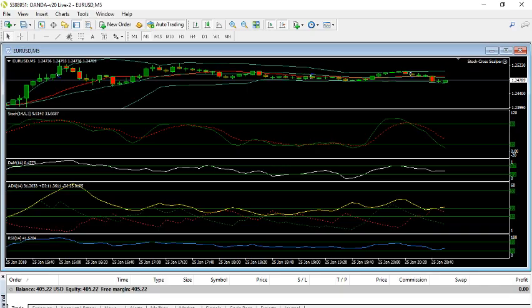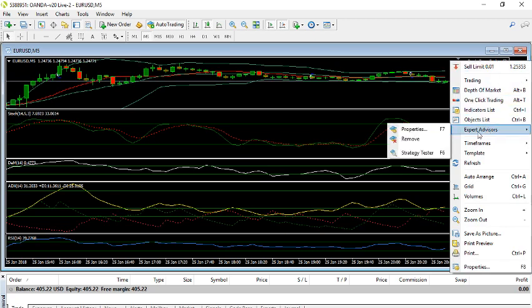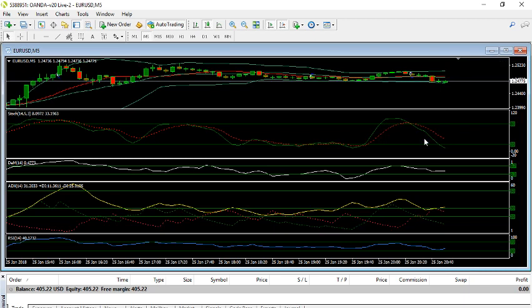So here I am. I use Oanda as my Forex provider. There's a lot of other good ones out there that you can use. Currently, well, first of all, you can see that this is live. See my cursor here? It's a live account, and there's no trades going on right now, but the Stoch-Cross Scalper is running. But what I'm going to do is remove it. There we go. Remove it and show you how, if you download it, how you place it onto the chart